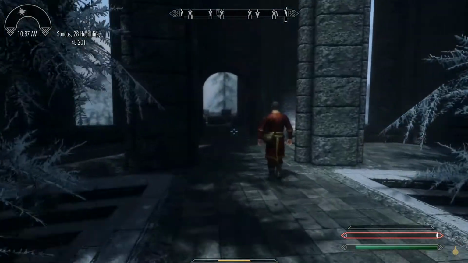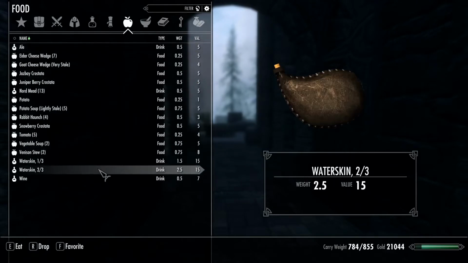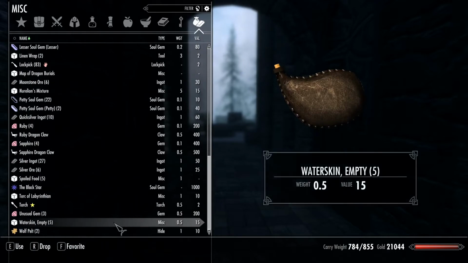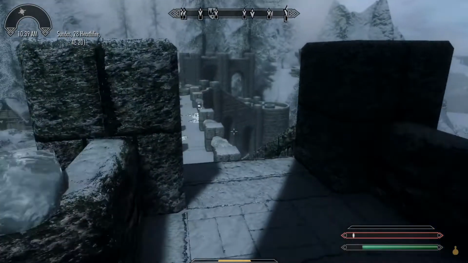Alright. Well, this can all be solved. Let's take a look at something. We need to take a look at the water skin situation. We have the equivalent of one full water skin and five empty ones. So, before we go adventuring,